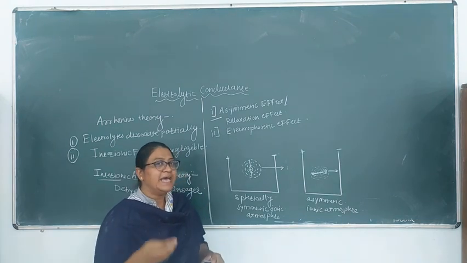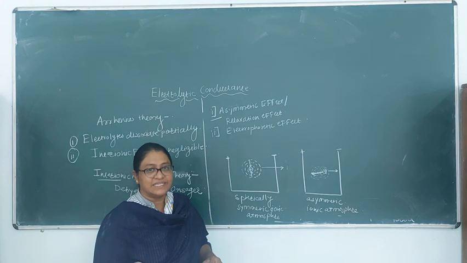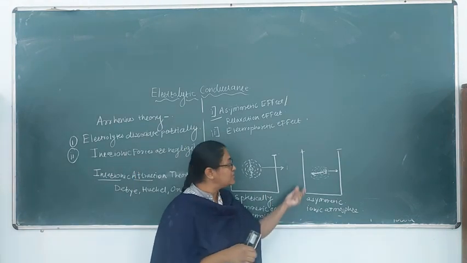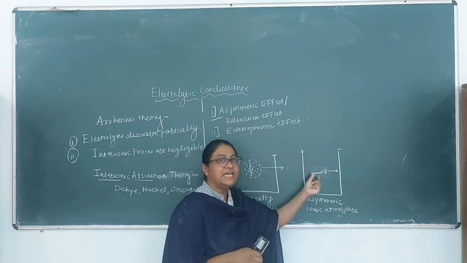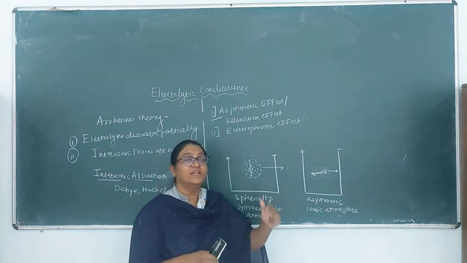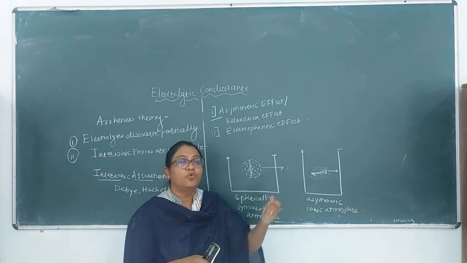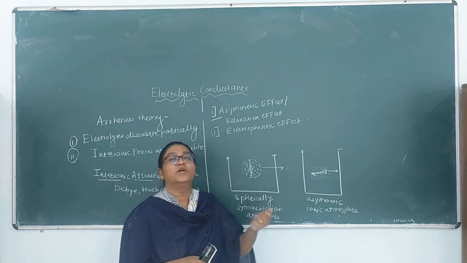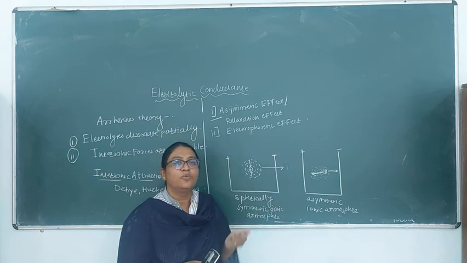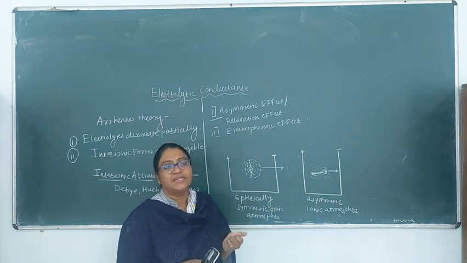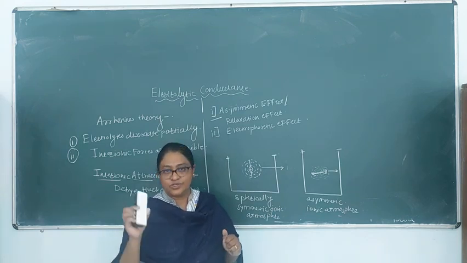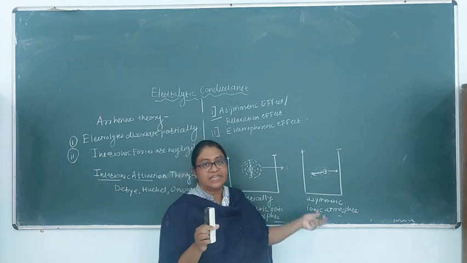And we know that as the concentration increases, the density of the charges will increase, and as the density of charges increases, more charges will be on the back side. Therefore, the increase in concentration will result in a more effective backward pull, and the more effective the backward pull, the more the movement of the ion slows down, which results in a decrease in the conductance of a solution. So this is what is called the asymmetric effect.